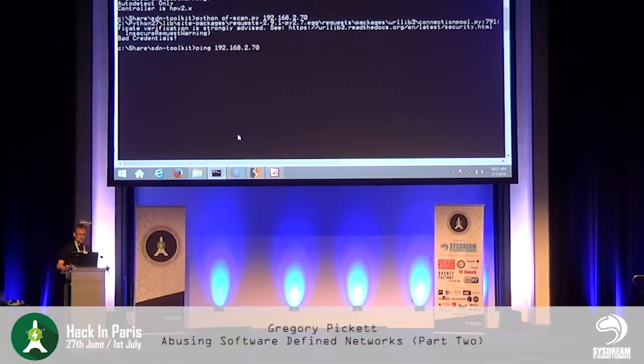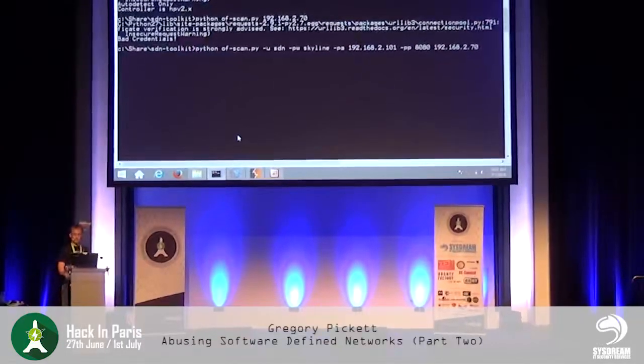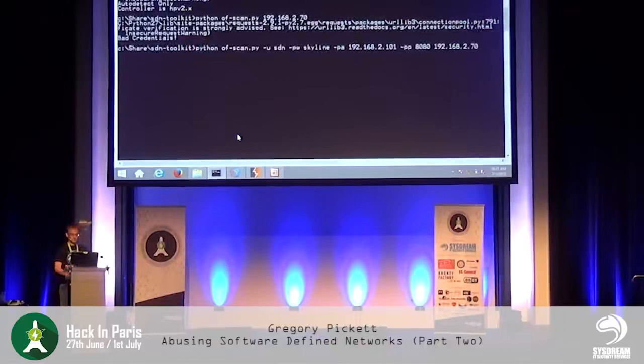So now let's go ahead. And I should have that there. Where'd it go? There you are. All right, so I'm going to go ahead and give the default credentials, since I've already identified it as HP version 2.x, the default credentials, and see if they're still present. I'm also going to give it an address for the proxy that we're going to use, as well as a proxy port, and then, of course, the address of the controller that it's going to end up at.